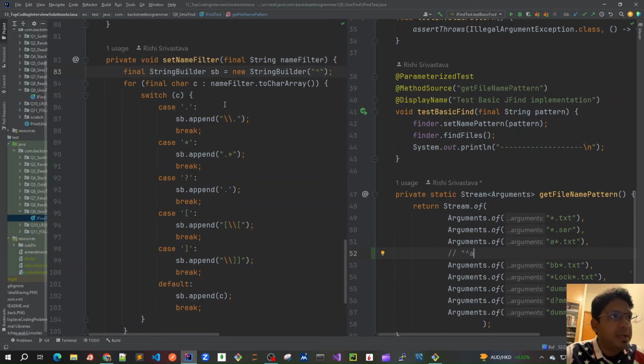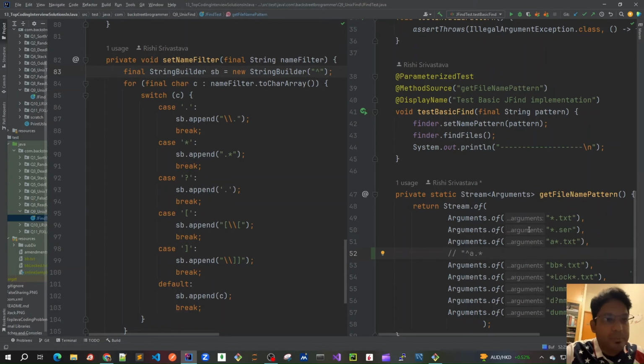So let's go through it again. Now again, I have to do this name filter dot toCharArray where I'm splitting it down. Once I encounter this A, and when I encounter this star, we are replacing it with dot star. So this is our regex expression. This is how it is actually converted into the Java regex: we convert this star, which is the Unix way, back into dot star in Java, and then dot would be again